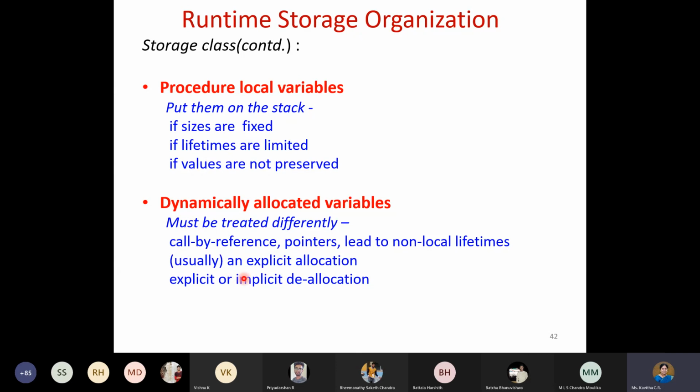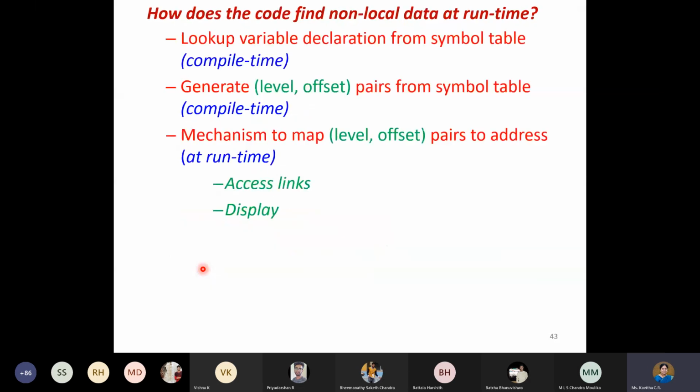Okay, and you can give explicit allocation, and implicit or explicit deallocation can be done. It is based on the requirement of the programmers. If you insist on deallocation, yes, it can be done. Otherwise, it will remain for some time. Whatever lifetime you define, it will remain for that long. Okay, so that's how the runtime storage organization works.